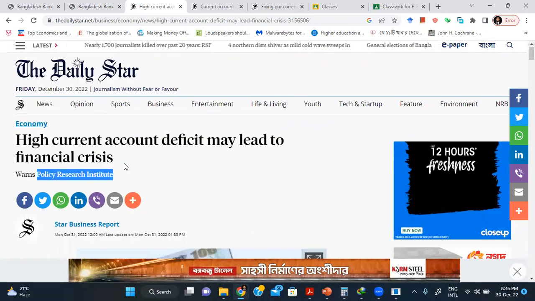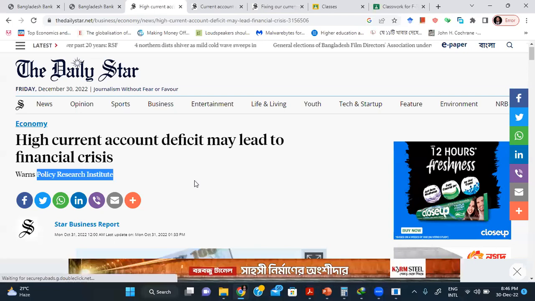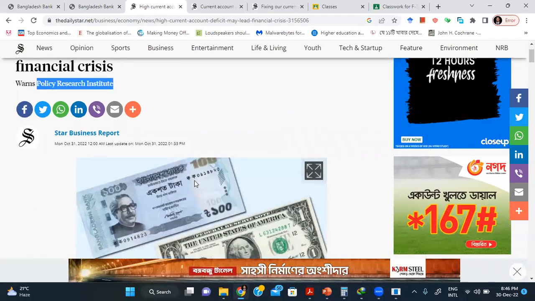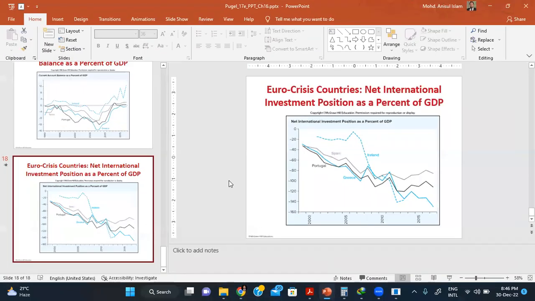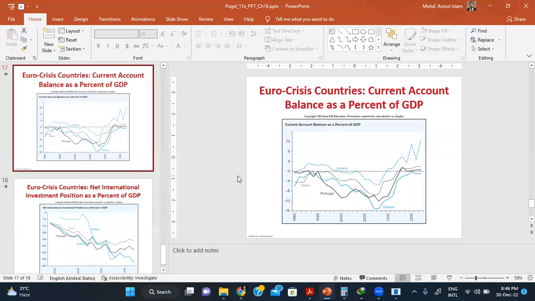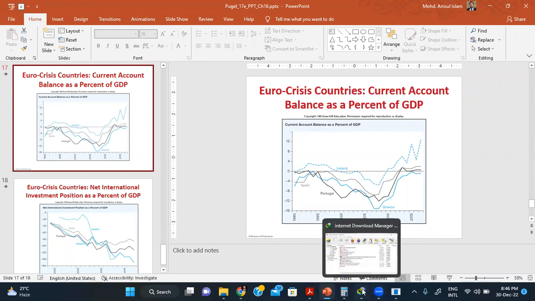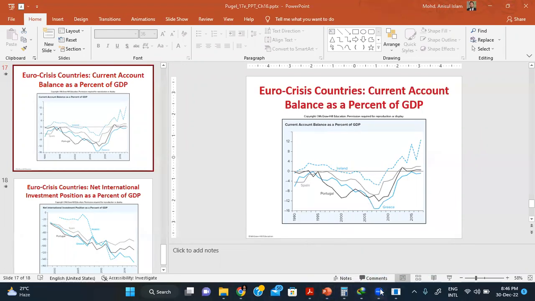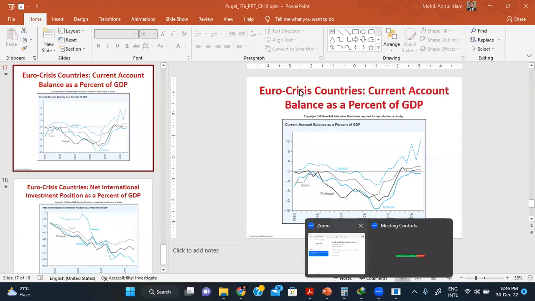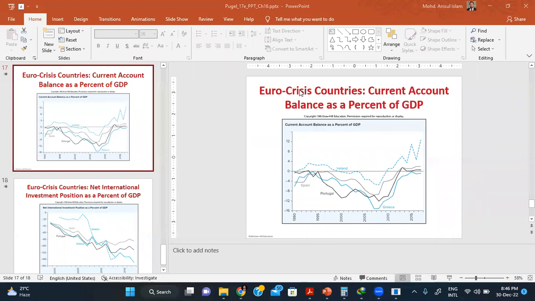That's why I couldn't show the figure that I wanted to show, like this one. I mean the current account balance relative to GDP for Bangladesh. So I think that is all about what I wanted to say with regard to the last lecture for this course. Okay. Now